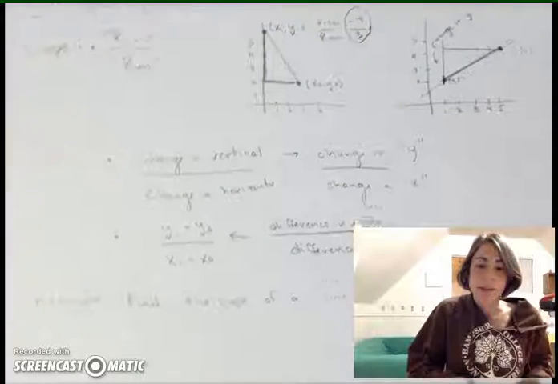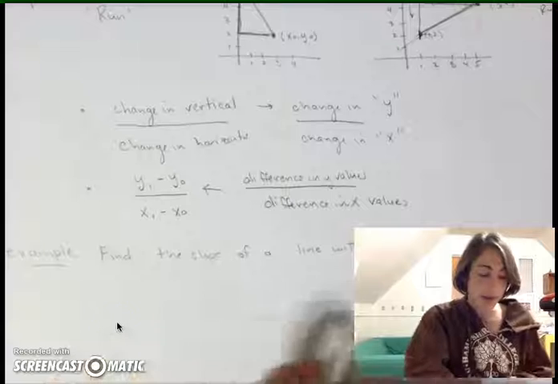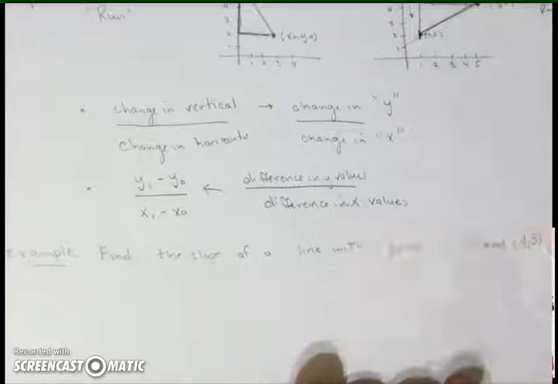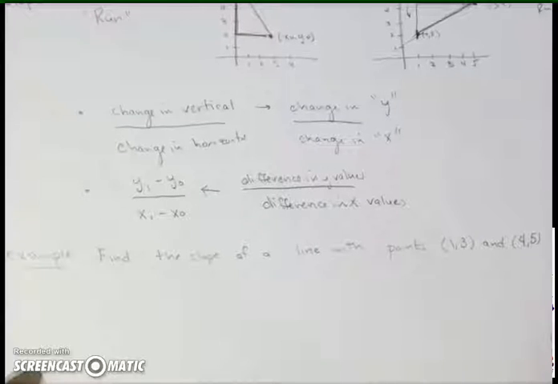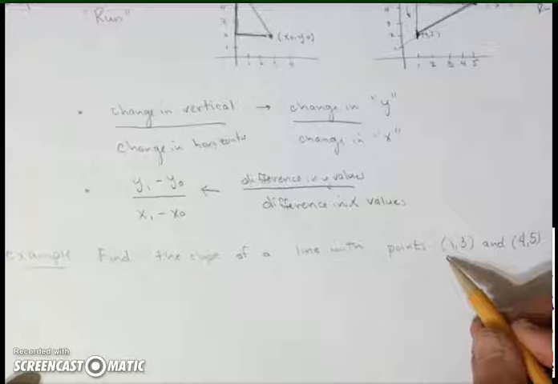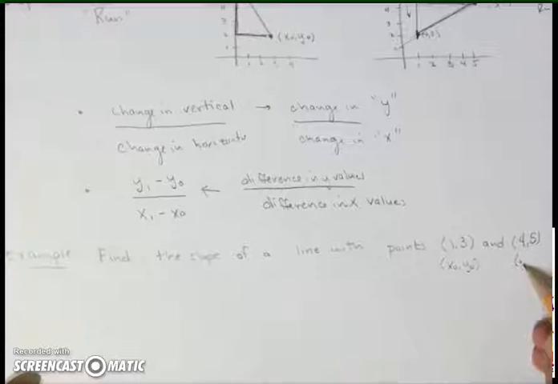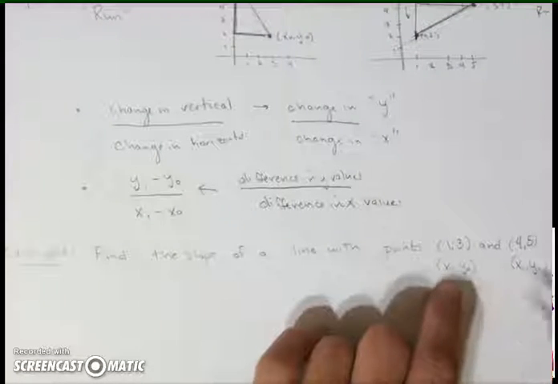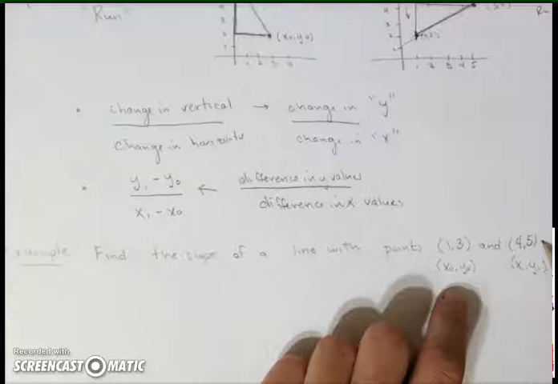So let's do a couple examples where we use this formula, and then we'll compare it to the graphical approach. Here I want to find the slope of a line that goes through the points (1, 3) and (4, 5). So (1, 3) will be my x0, y0 in the formula, and (4, 5) will be my x1, y1. It doesn't matter which I pick to be x0, y0, and which I pick to be x1, y1, as long